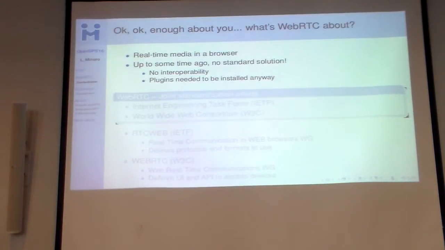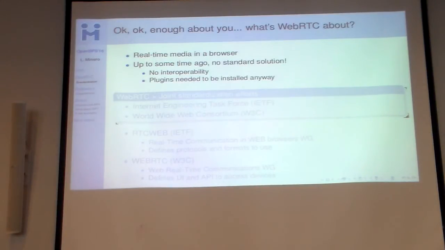So before moving on, a few words about WebRTC in general, if you're not familiar with it. It's basically a way to allow browsers to implement real-time multimedia interactive applications within the browser itself with no need of any specific plugin. Because you may remember the times when, if you wanted to do a video conference in the browser, you had to rely on stuff like Adobe Flash, Silverlight, Java Applets, or things like that. You basically needed a plugin to be available in your browser, and that took care of that part, which was a nightmare for everybody, for users, for people who had to actually work